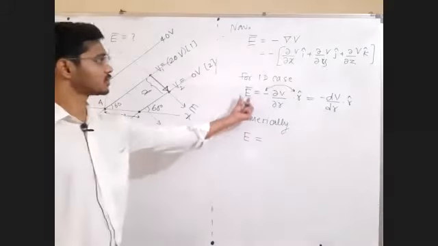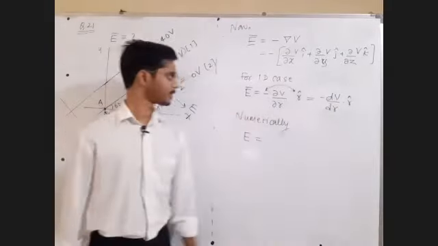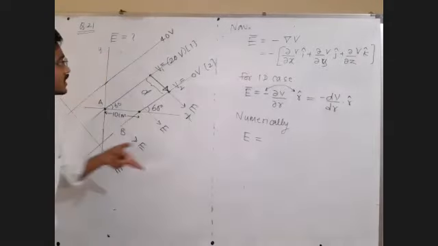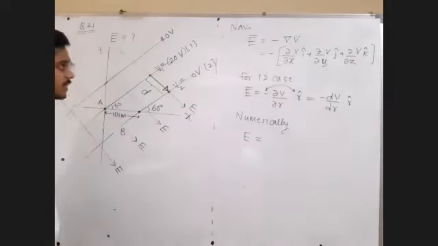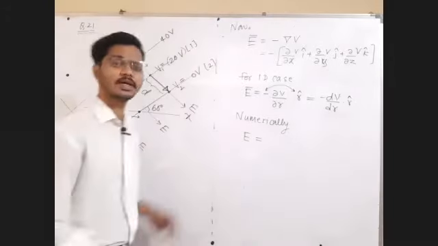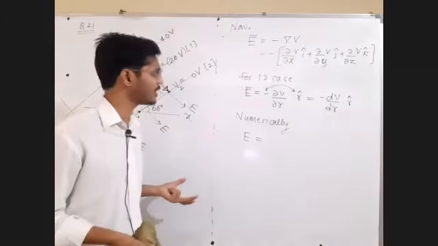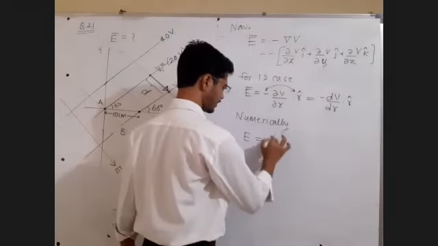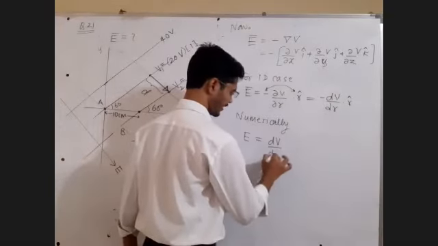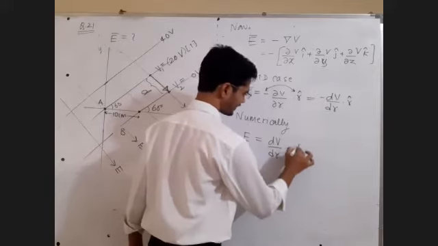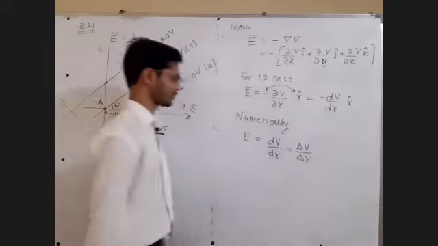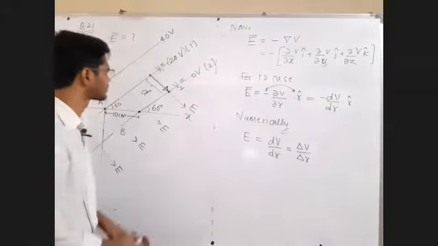Okay sir, but sir this is the electric field at given point. Yes, this is the electric field at given point, but sir, our electric field is same at all the points. If our electric field is same at all the points, in that case, न्यूमरिकलीच लिहायचंय आपल्याला. तुम्ही dV by dr काढा, नाहीतर delta V by delta r काढा, doesn't matter, because it is same at all the points.